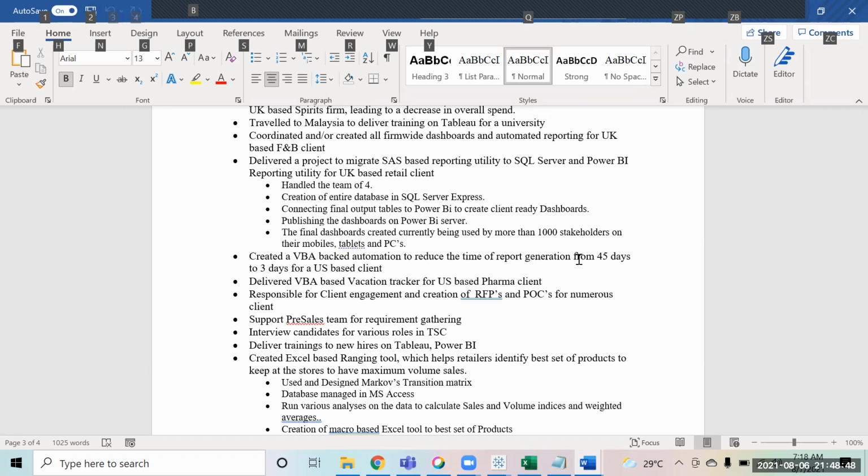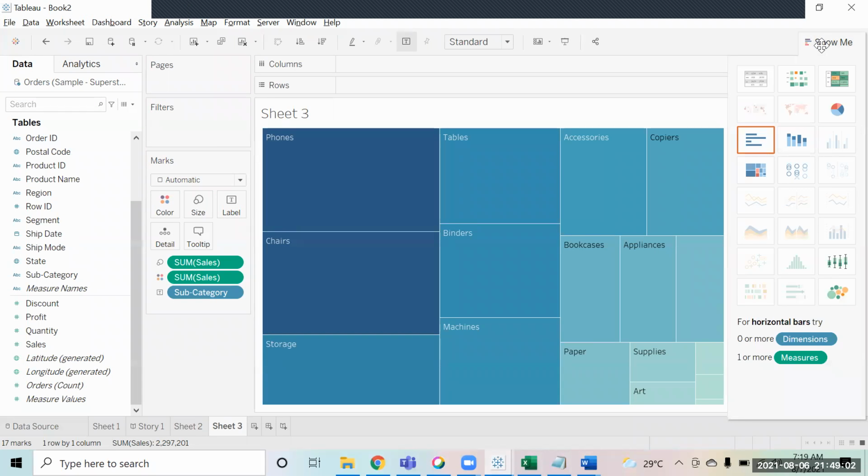Amit, a quick doubt. There are two charts in Tableau, tree maps and heat maps, separate charts. If I try to draw those two, I mean... There are two separate charts for tree maps and heat maps. You are talking about this one? The second one, first row. Yes, this one. This is just the same thing, basically the color intensity over here and over here. So these are both the same.